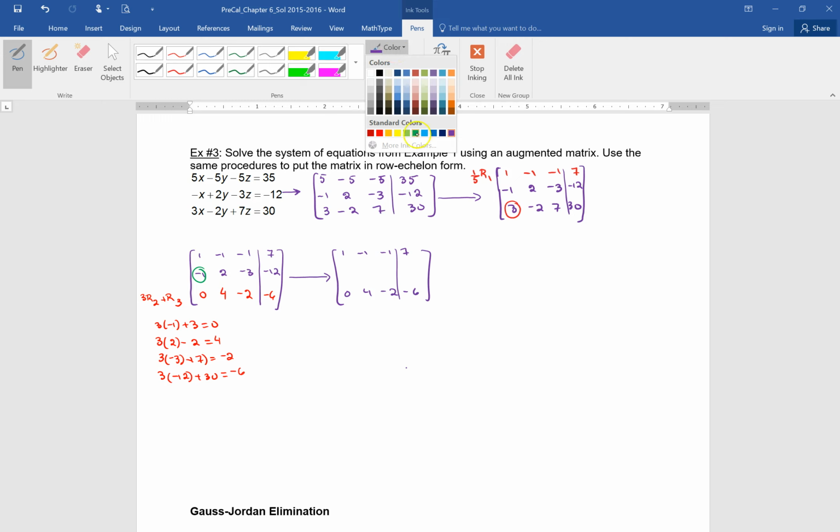All right. Now, how do I get rid of that negative 1? Look at its buddies in that row, right? Well, if I could just add it to row 1, that'll do it, right? So I say row 1 plus row 2. And I do that to every single term. 1 plus negative 1 is 0. Negative 1 plus 2 is 1. Negative 1 plus negative 3 is negative 4. 7 minus 12 is negative 5. Now